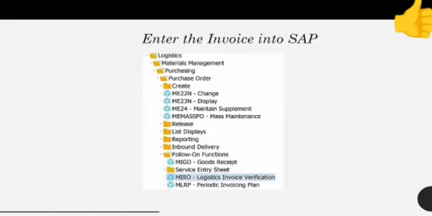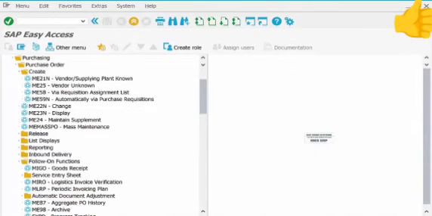Where do you enter an invoice? Again, you always create an invoice with reference to the purchase order. That's how we typically do it. Go to follow-on functions here. Under purchasing, under follow-on functions, right adjacent to goods receipt, you have invoice receipt. The transaction code for that is MIRO, M-I-R-O. So just double click that,